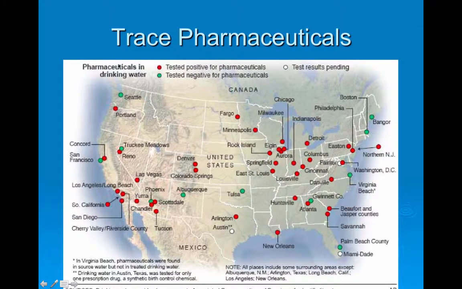All right, pharmaceuticals, that means medicine. Trace pharmaceuticals are popping up all over the United States because our wastewater treatment plants are currently really not built to take them out of the water. People will flush their medicines down the toilet when they're done with them because they don't want to keep them around and have them stolen or used by people who come in their house. Plus, when people are using medication, invariably you end up urinating out a little bit extra.